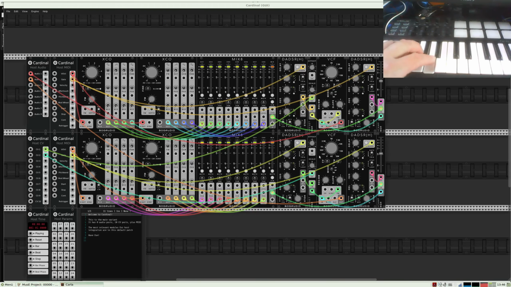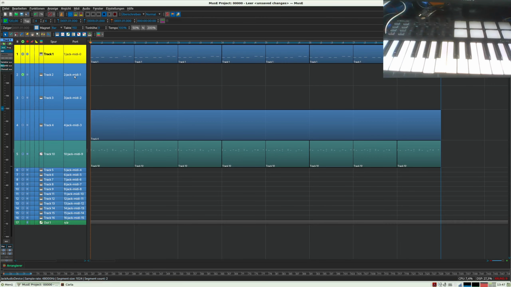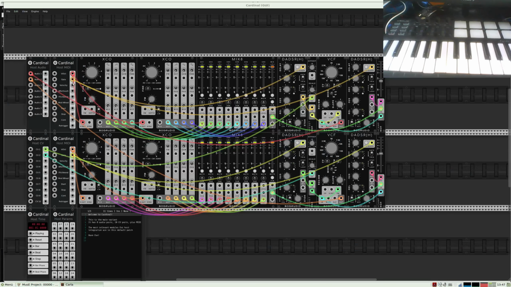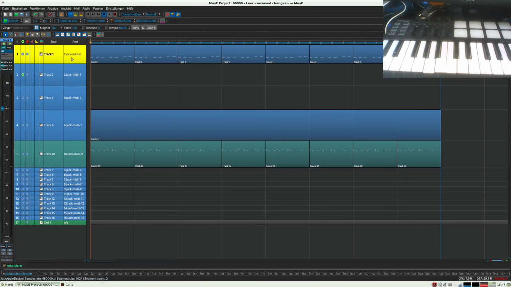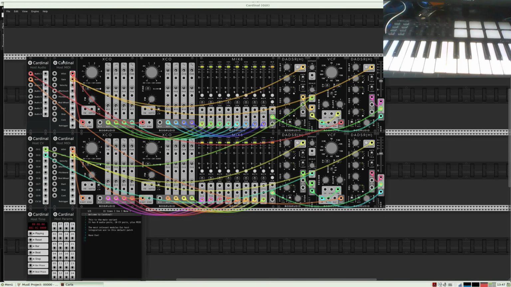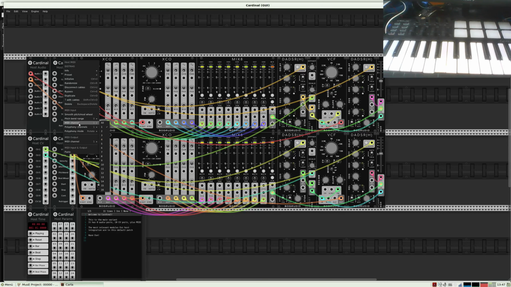Okay, I want to have sounds that stay loud. Okay, I go to this one. That's not correct. What's the reason for this? Let's look at this MIDI channel.